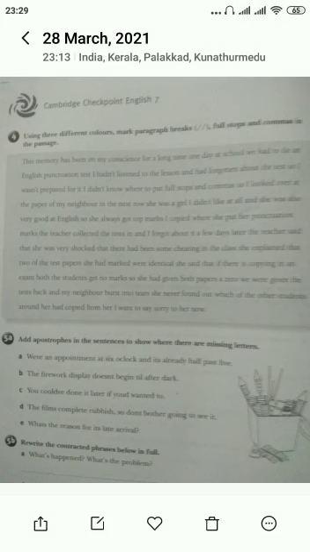Okay, so I hope you've got that passage there. Okay, and the next exercise there, add apostrophes in the sentences to show where there are missing letters. Okay, so that is very easy for you. You all have done it. So I'm sure you'll know where to put in the apostrophes, because the apostrophes will indicate the places where the